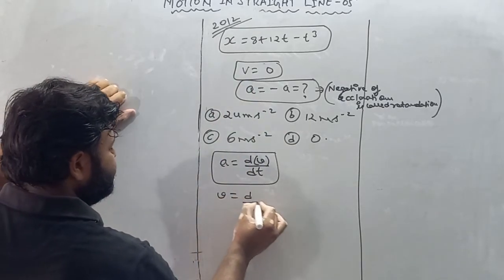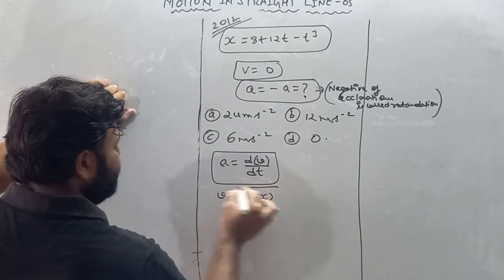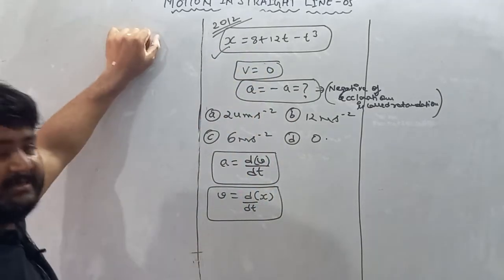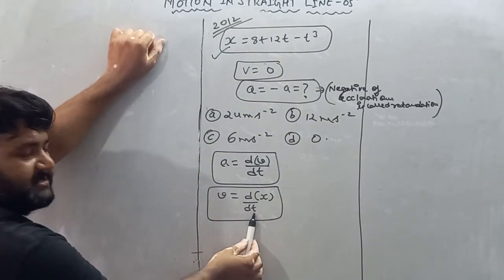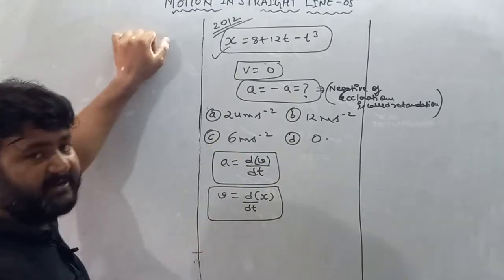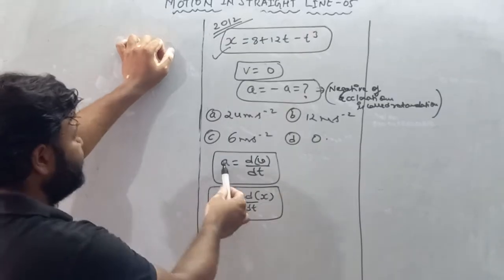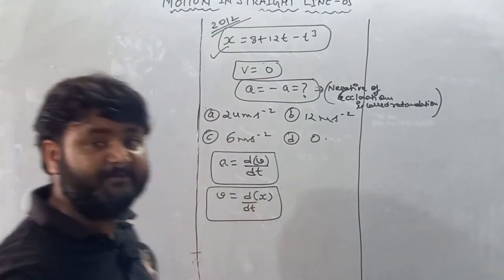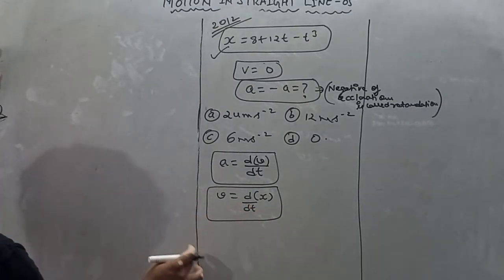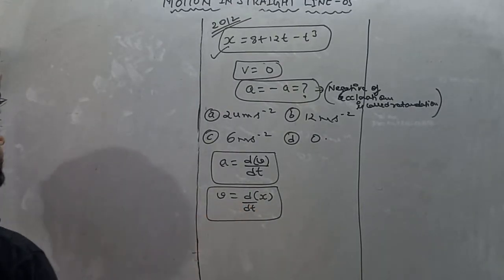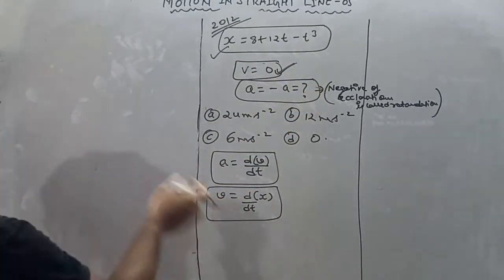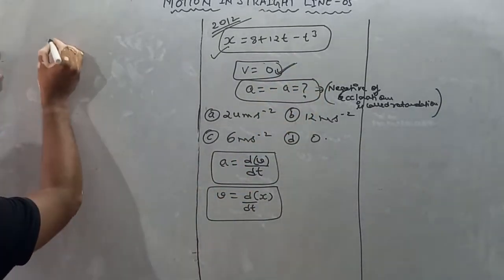We know that velocity is nothing but the change in displacement with respect to time. If displacement is given like in this question, then differentiate it with respect to time and you will get velocity. And for acceleration, again differentiate velocity with respect to time. I hope you all are getting my point. So moving forward, first find velocity, and in the question they are saying to find the retardation when its velocity is equal to 0.